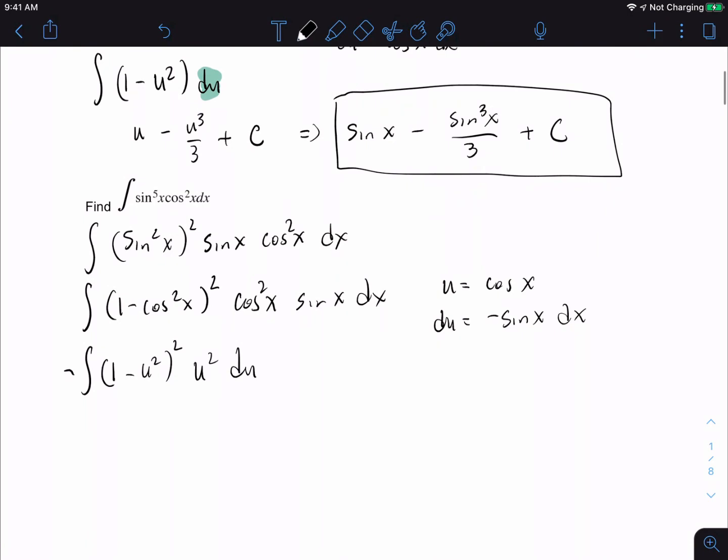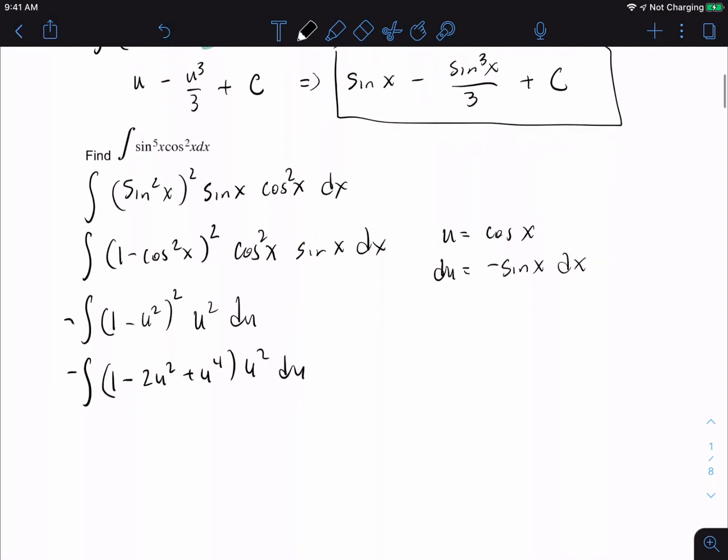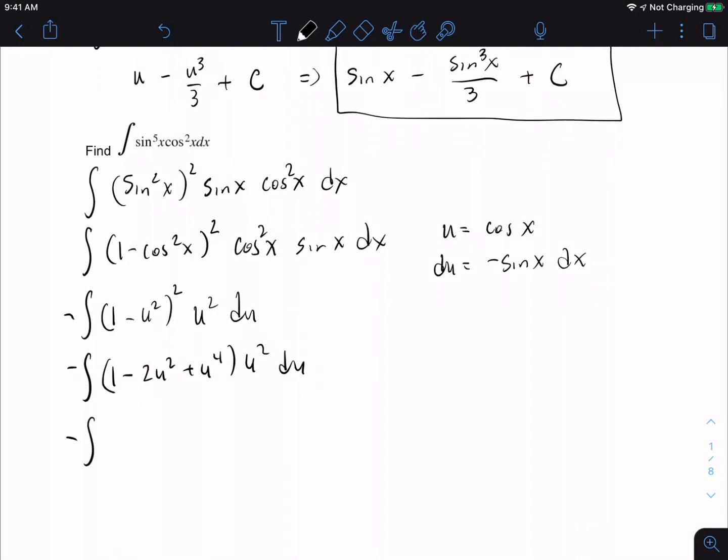So then from here we're going to expand, because we should expand, and I'm going to get 1 minus 2u squared plus u to the 4th times u squared du, and then distributing in, I'm going to get u squared minus 2u to the 4th plus u to the 6th